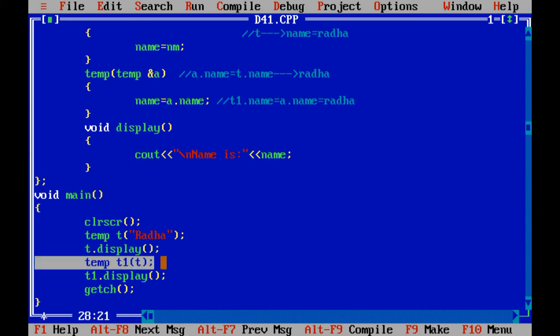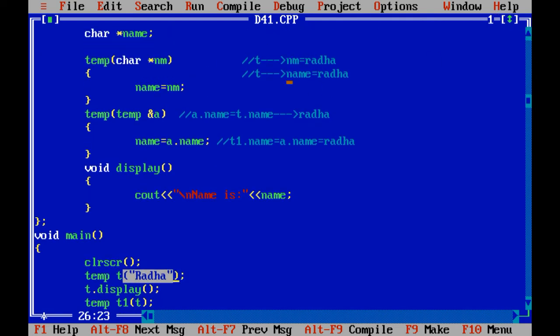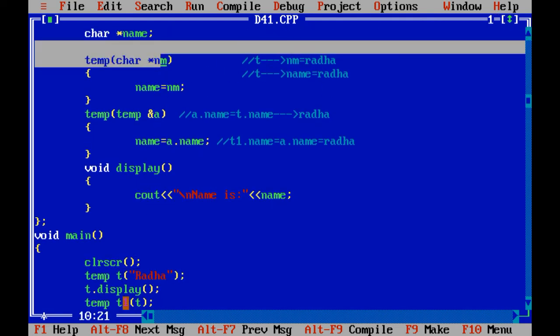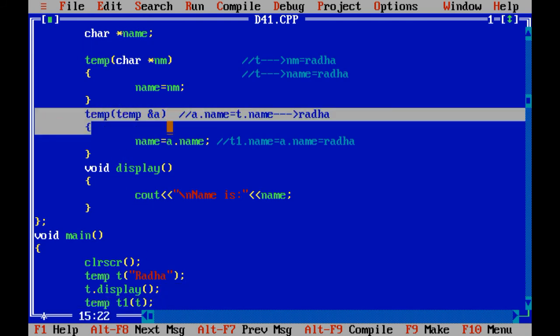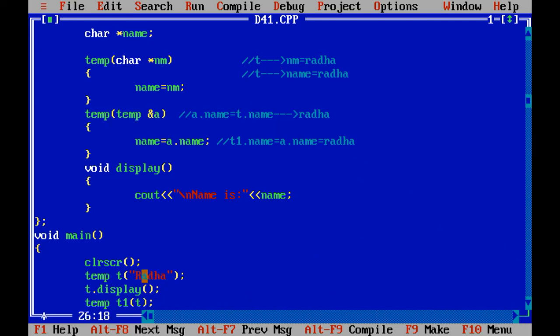Now again I have created one object of the same class, but I have passed the object as a function argument. If you pass any string value, you need string data to catch it. When you pass an object, you need a class variable, that is called an object, to receive such data. And t of name contains Radha.